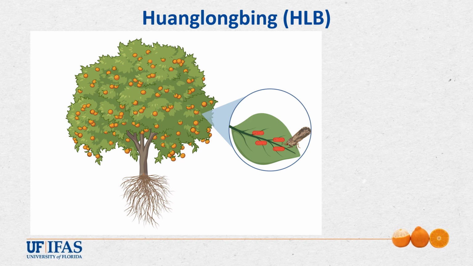As a defense mechanism, the tree recognizes the pathogen and then plugs the phloem as a method to stop the spread of infection, and as a result, no movement out of the leaf leads to photosynthate buildup, and the resources the tree needs to survive don't get transported to where they need to go, like the roots, and the roots will start to die back due to starvation. The fruit remain green, hence the other name for this disease, citrus greening.